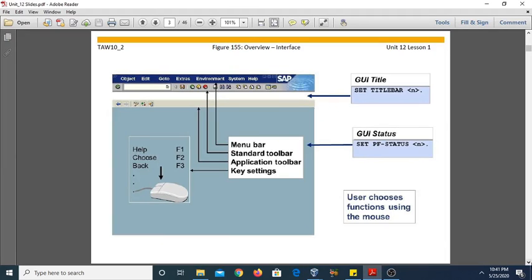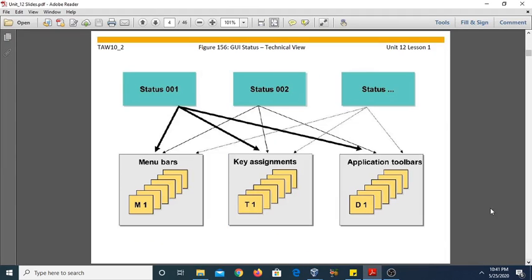Now come to the next slide, GUI status and technical view. Generally, a status may be defined as a reference to a menu bar. You can display a single component of the status on the screen as well as many components of the status on the screen.